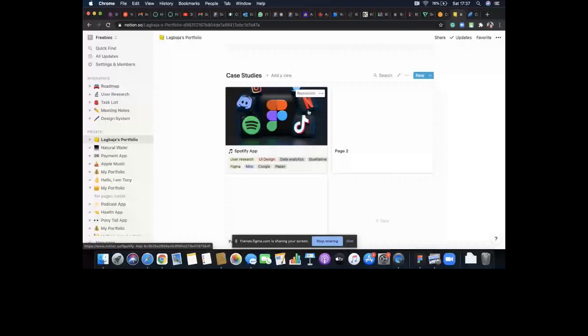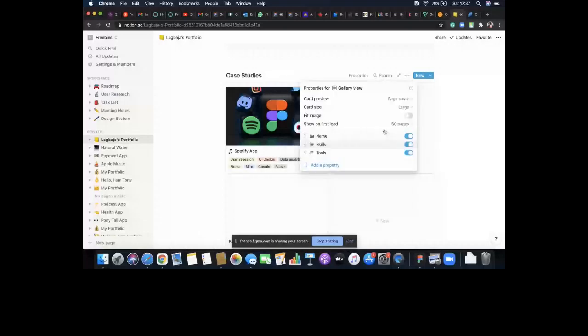But whatever you do, make sure that the image you have displayed here is able to catch attention. We want people to want to open up this. So go back here, click on properties, and play around with these things here. So if I change it to page content, the other image shows. If I like the cover image, I'm just into cover image.